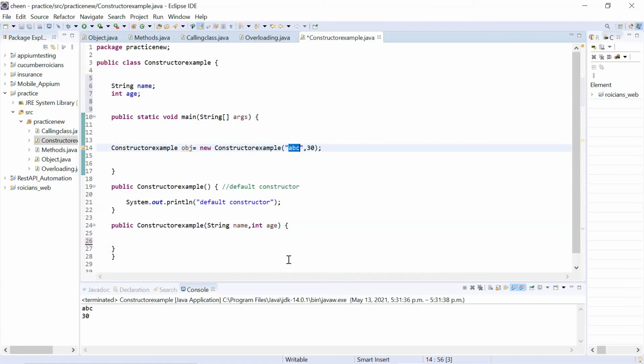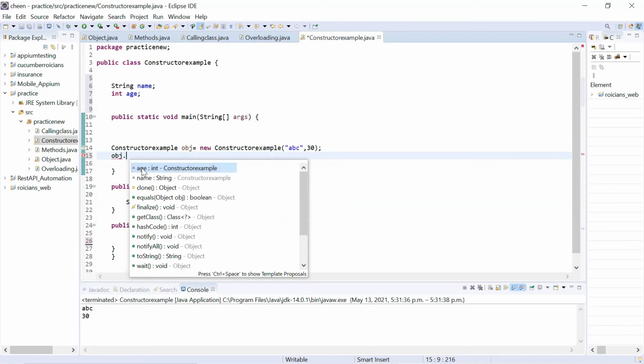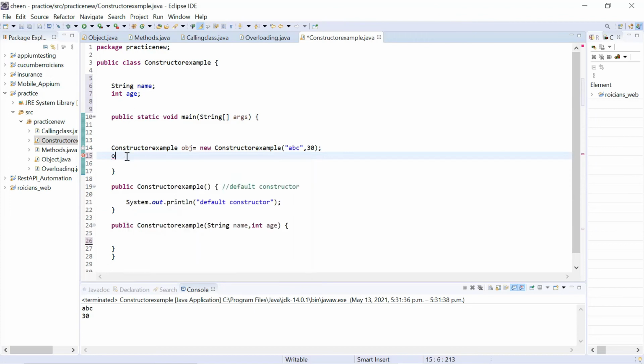But what if I want to initialize these variables also? With the help of an object, you can initialize them. But here, this is going to this and this, but not going to this. This is still sitting there without getting any value. As we know, when we write obj dot, I can give a value to this age and this name. But by creating a constructor with parameters, I'm actually passing values to this name and this age, which are the parameters here. You can write anything here.